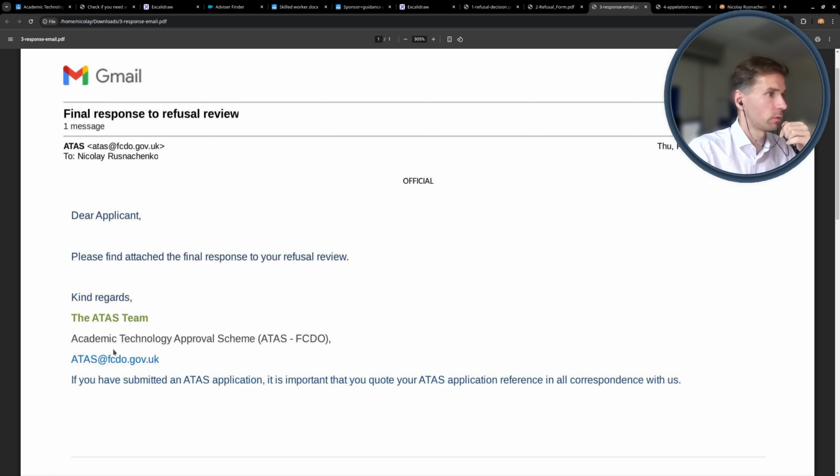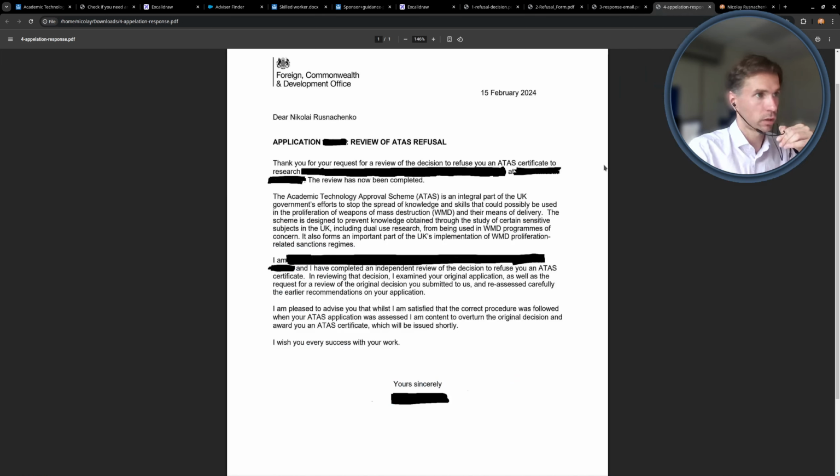Usually it's within the time ranges that were mentioned, up to 1 month, and it represents the additional letter. And this is how you find the decision, which works a bit differently because you don't know what to expect. Once you open the document, it shows the content as you see on the screen.